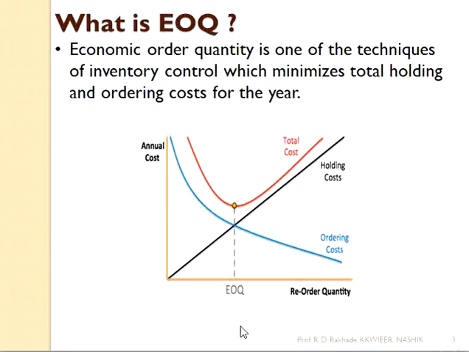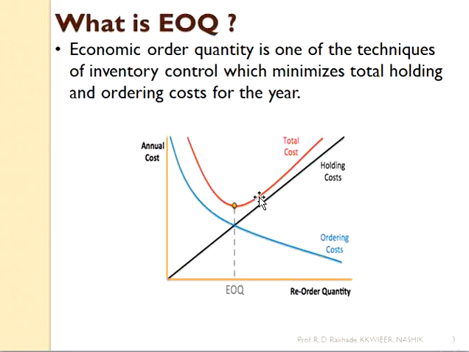If we handle less inventory, we face shortage cost, and if we handle more inventory with respect to EOQ, we need more holding cost. In both ways, our cost will increase. So by using this technique, we determine the optimum lot size of inventory.